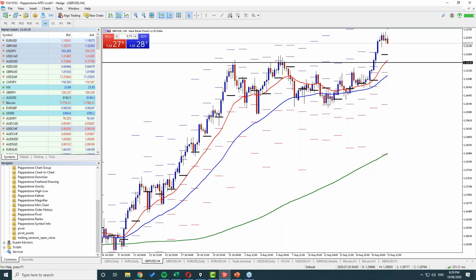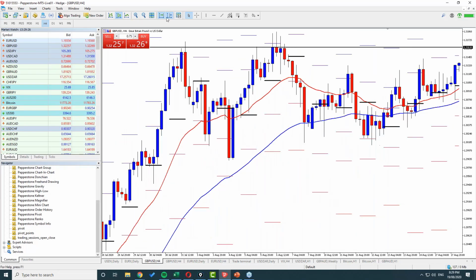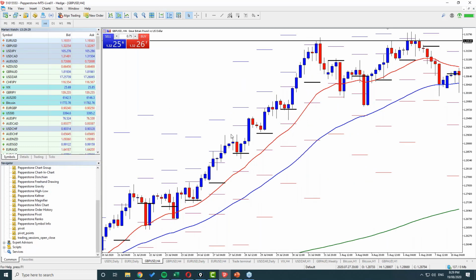And you can see for yourself really, those black daily central pivots, and you can see how often price does come back to them. It's not very often that a day goes by where they aren't basically penetrated or at least touched.